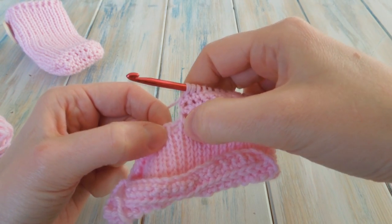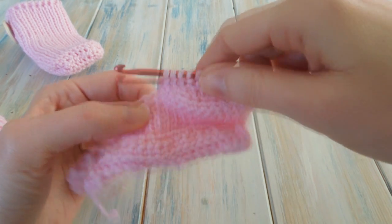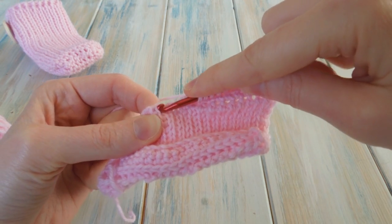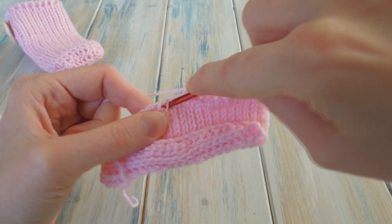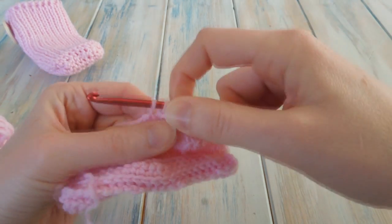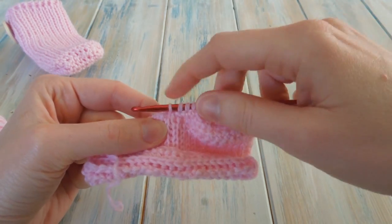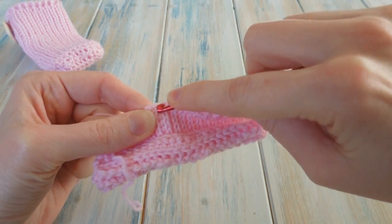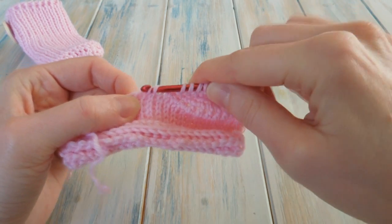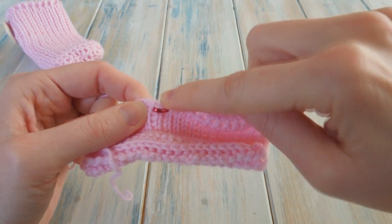So going back to this row, we find the next bar and then we go, keeping it as tight as you can, find that next bar and go under to the back and bring it up to the right of the bar, pulling quite tightly like that, and then go into the next bar to the back, bring it to the right of the bar, keep the loop on our hook, and just do the normal Tunisian